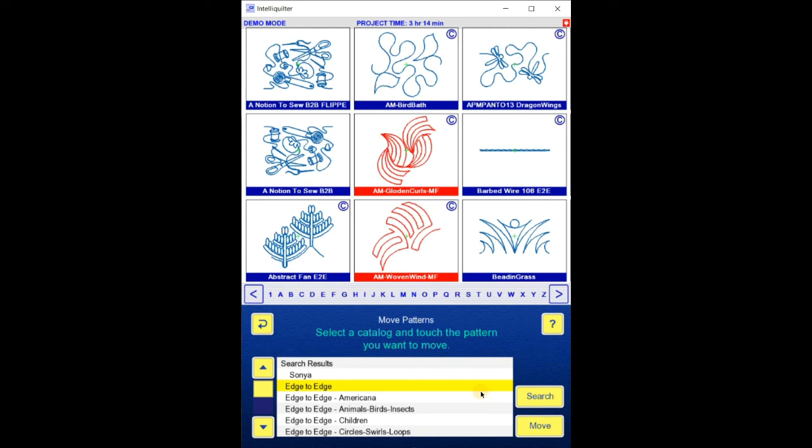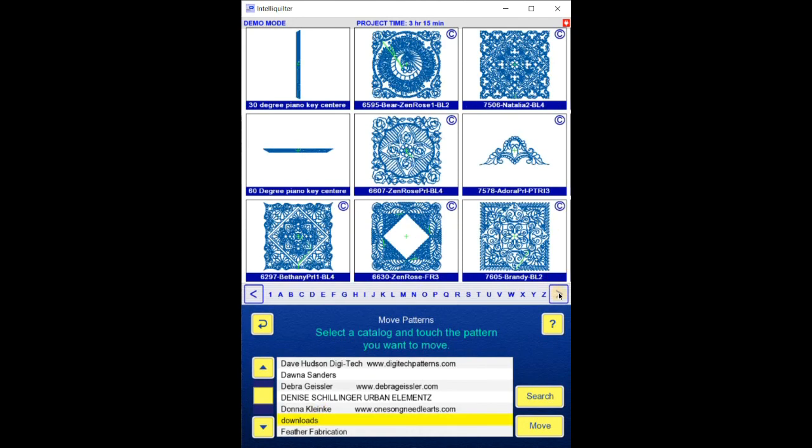Now, when I buy a new pattern, I bring it in and it goes into my download folder. So I've gone through all of my designer folders, so now it's just the download folder that has new stuff going into it. So rather than keeping everything in the download folder, and there's probably more than there should be in mine right now,